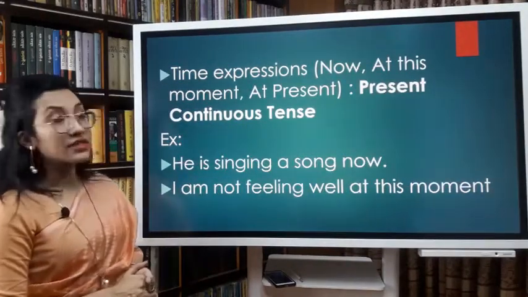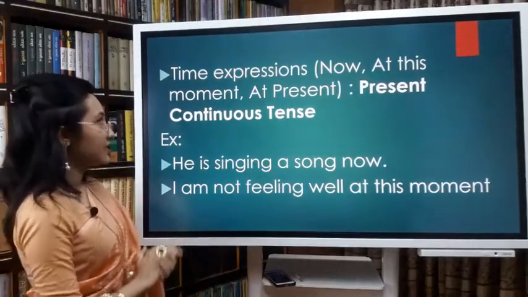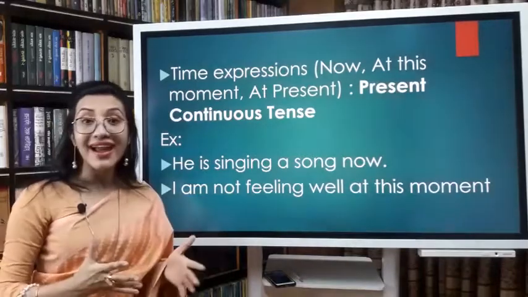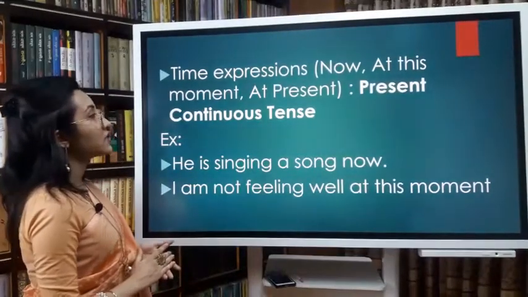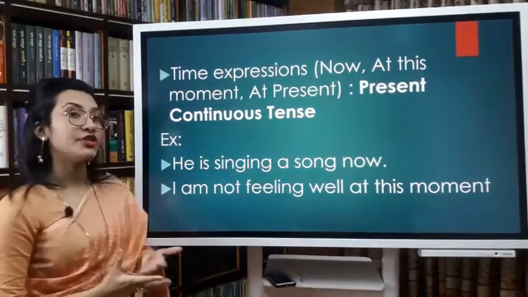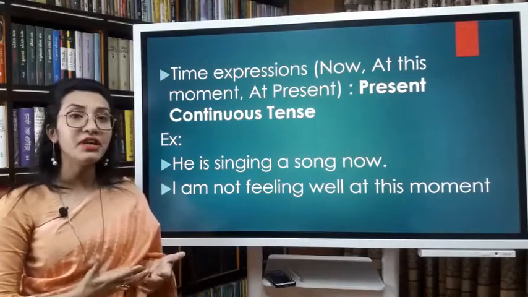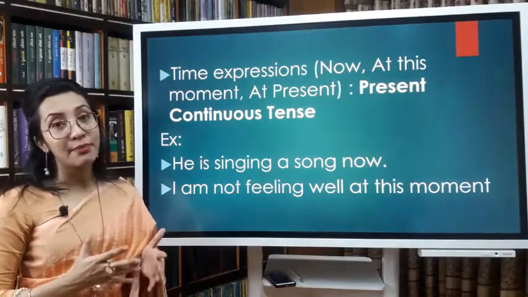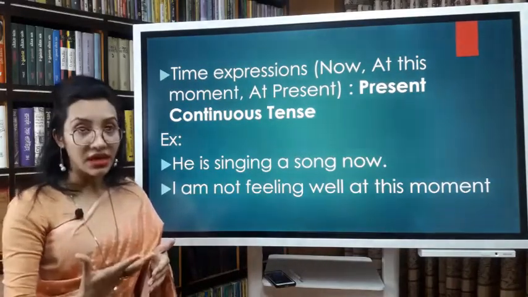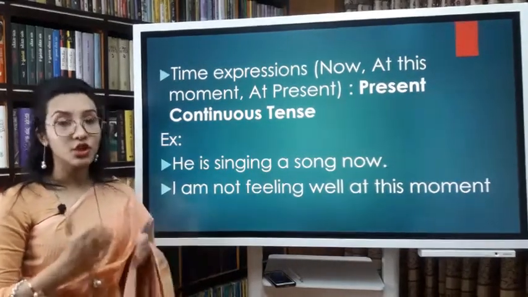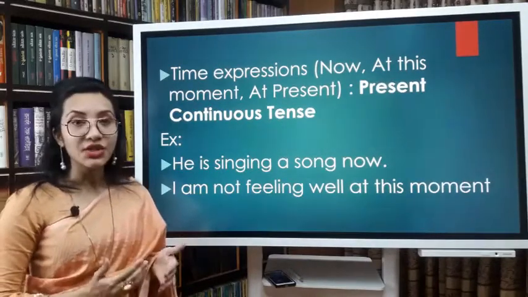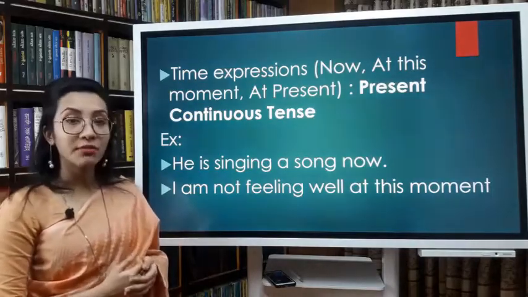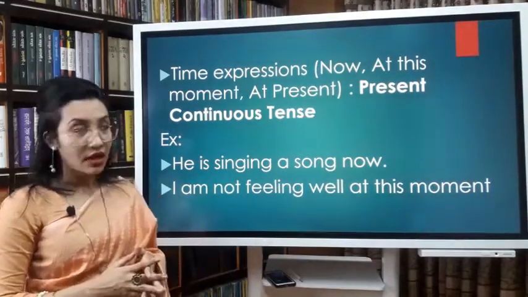The expressions now, at this time, at this moment, or at present, always use present continuous tense. What do we mean by present continuous? Whenever I'm referring to an action that is happening right now at the time of speaking, we are going to use present continuous tense. কোনো একটা কাজ চলমান অবস্থায় আমরা যে টেন্সটা দিয়ে বর্ণনা করি সেটাকে বলা হয় প্রেজেন্ট কন্টিনিউয়াস।